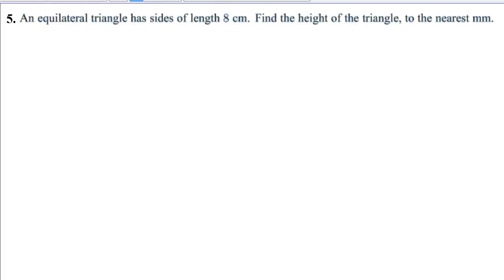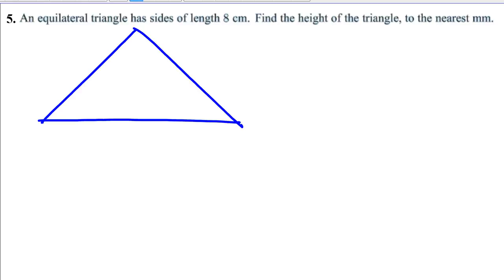Number 5, an equilateral triangle has sides of length 8 centimeters. Find the height of the triangle to the nearest millimeter. So the first thing is we need to sketch. Now we know that